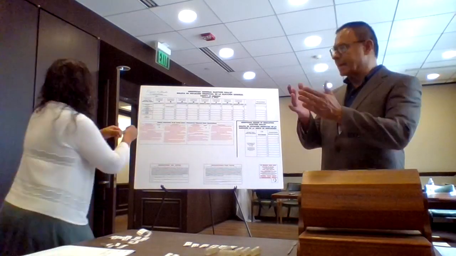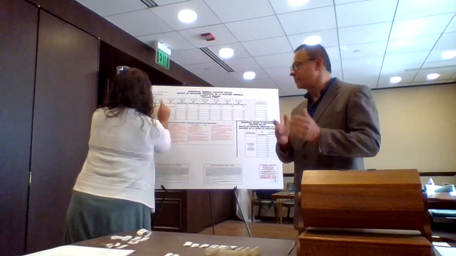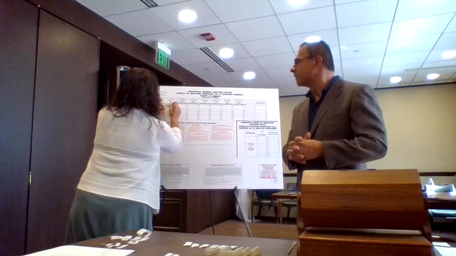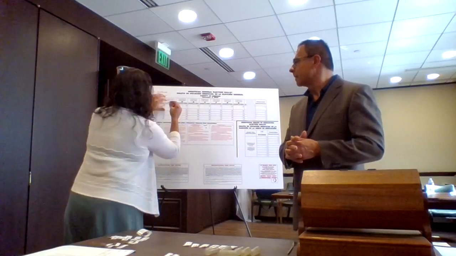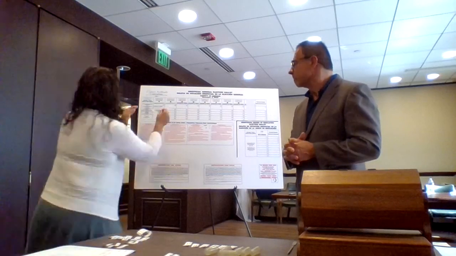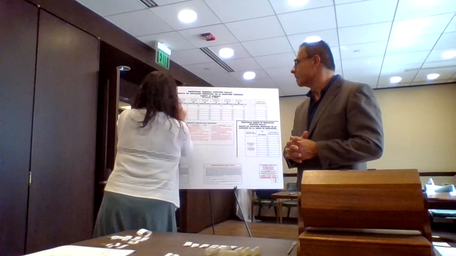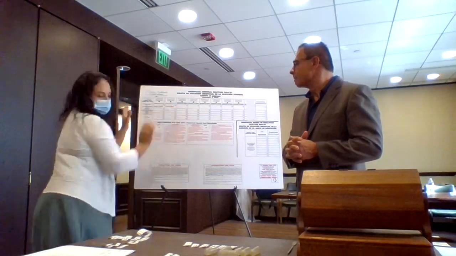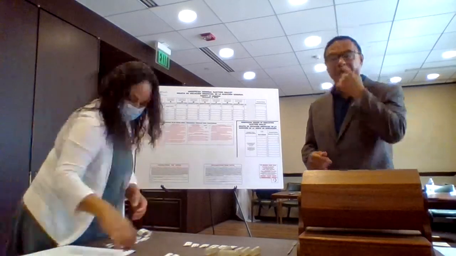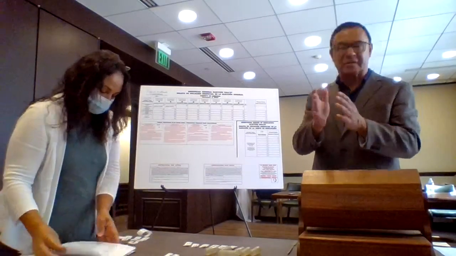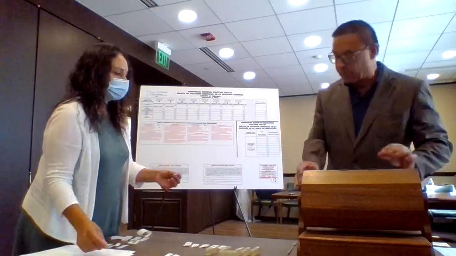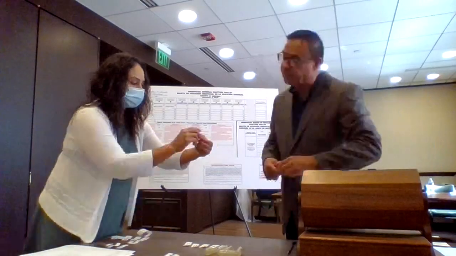So again, in column A will be Donald Trump and the Republican candidates, and in column B will be Joe Biden and the Democratic candidates. Okay. Now we're going to do the second draw, which is going to be all the other presidential candidates that have filed to run in the November election. So we have first